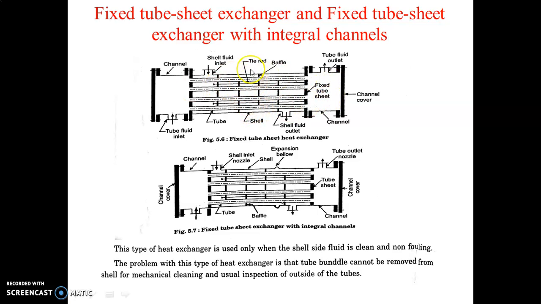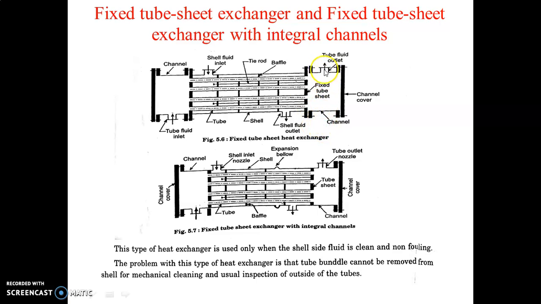And in the shell there are tie rods and baffles provided. We have already discussed these parts. At the end of this shell there are tube sheets. So these are called tube sheets. These tube sheets are welded to the channel. So this is called a channel, and here a channel cover is provided,